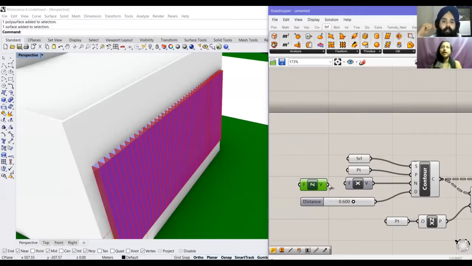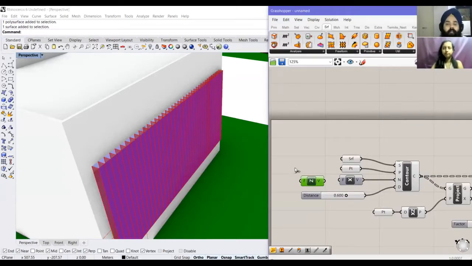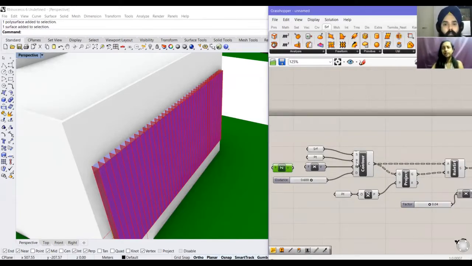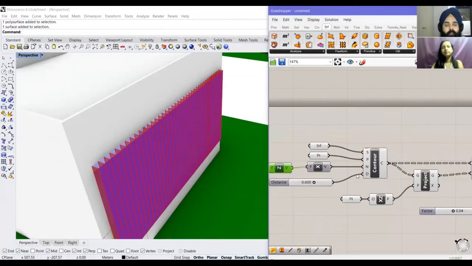I'll show you the last thing that we'll see here. Let's say we were to have a horizontal louver instead of a vertical louver. The divisions were initially along the x-axis. We'll move the divisions along the z-axis. So the entire code stays the same. I'll just shift this one here, and see, we already have the horizontal louvers.